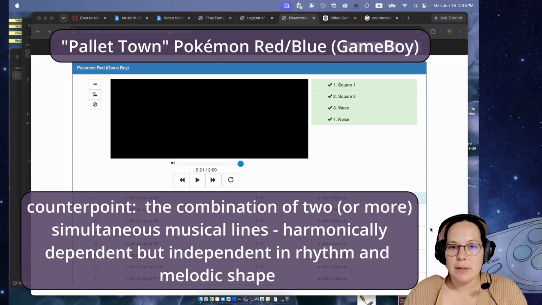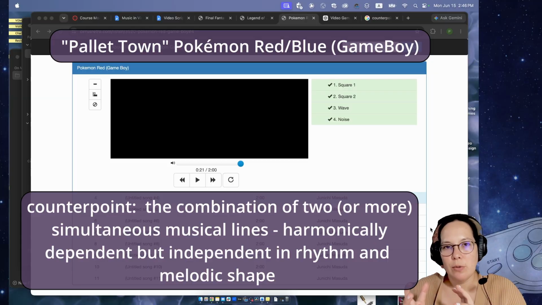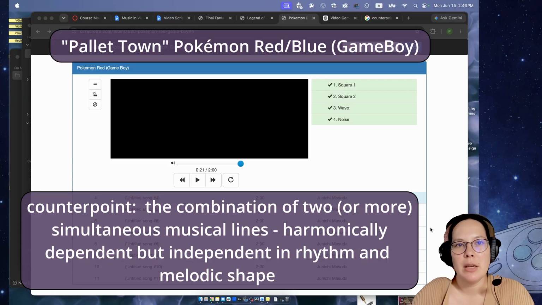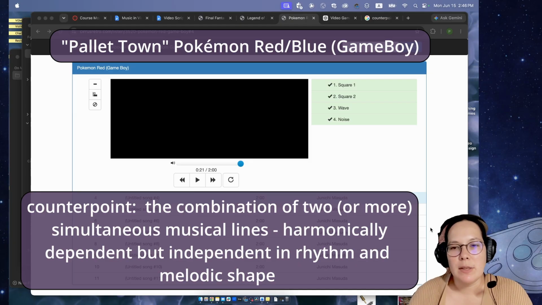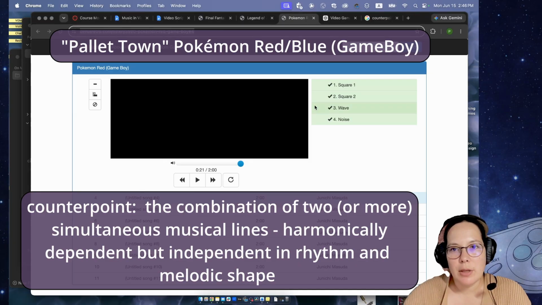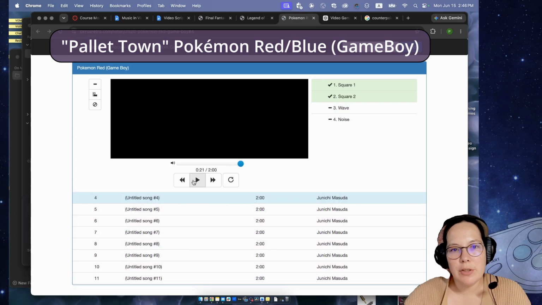Counterpoint is a technique in Western classical music writing where two melodies are complementary to each other, and between the two of them there is a sense of harmony, but there's no chords necessarily like in the previous two examples. Instead, you just have two melodies. So if we listen to square 1 and square 2 together,